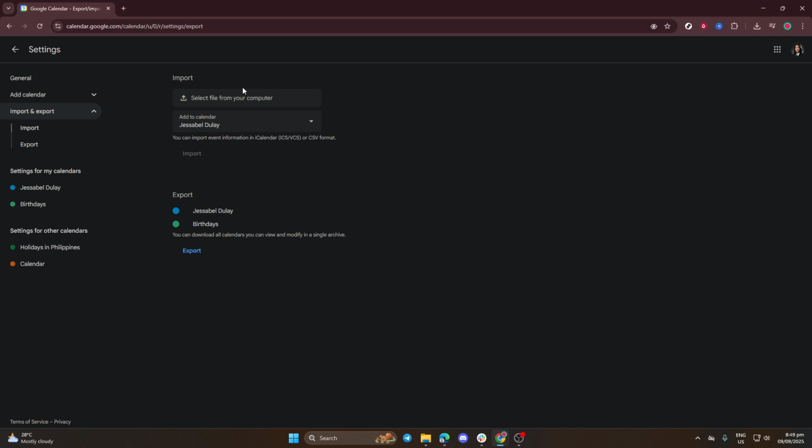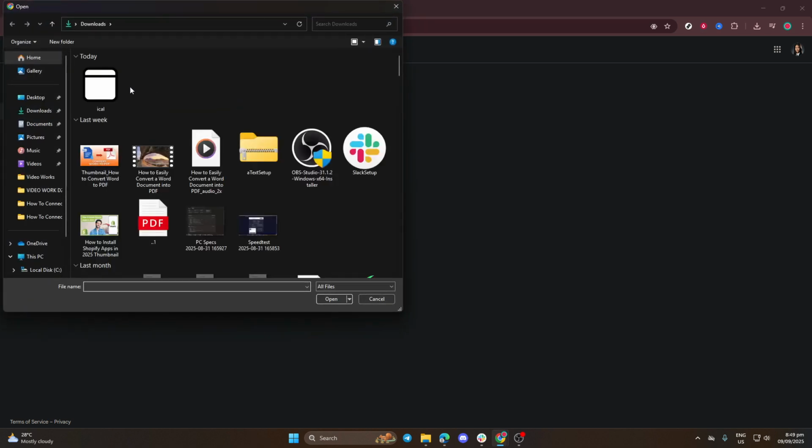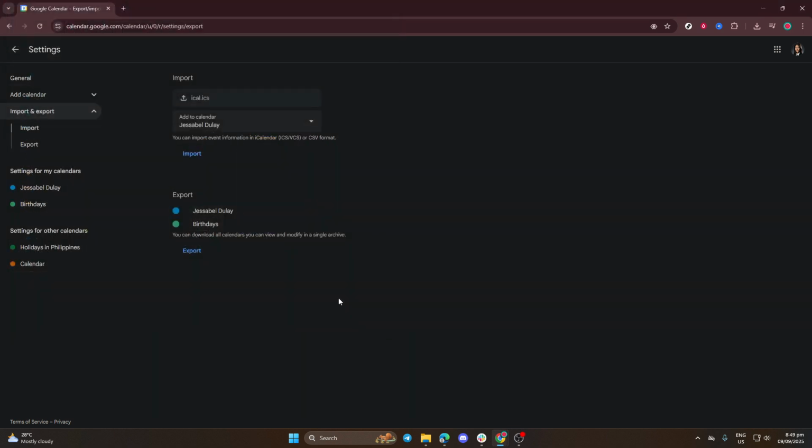Once you're in the Import and Export section, you'll notice an Import option. Right beneath it, there is a button that says Select File from your computer. Click this button to open up a file dialog box. From here, navigate through your computer files and locate the ICS file that you wish to import into your Google Calendar. An ICS file is typically used for calendar data exchange, containing information about events and schedules, perfect for streamlining